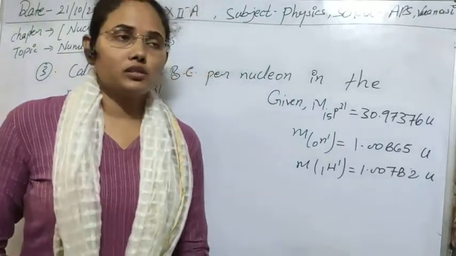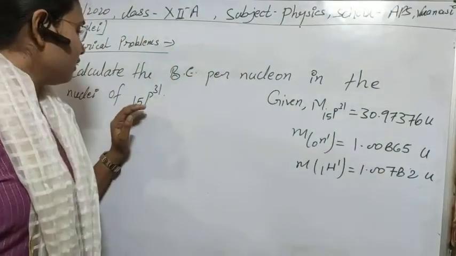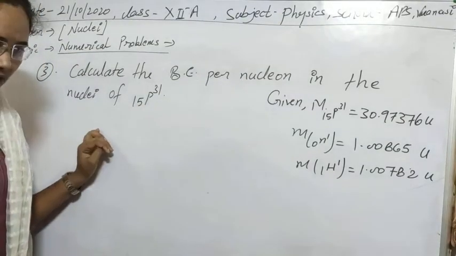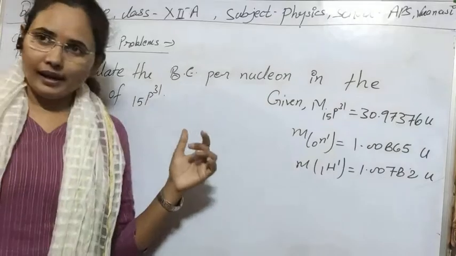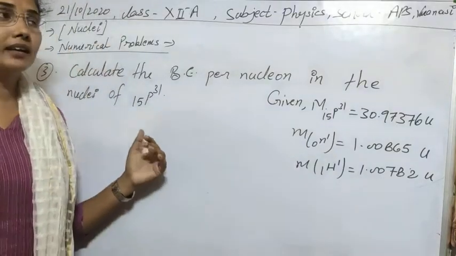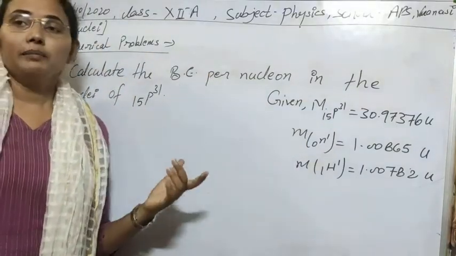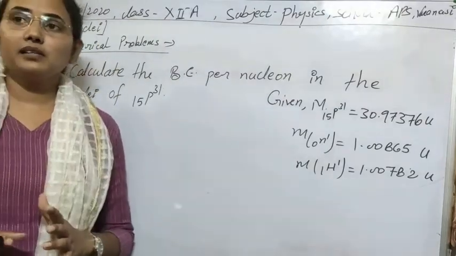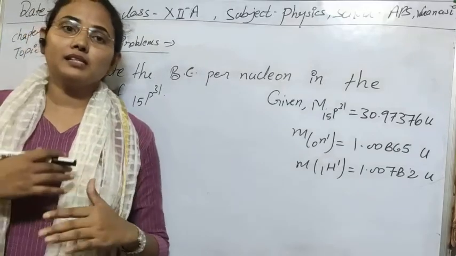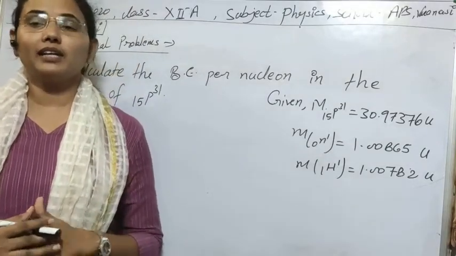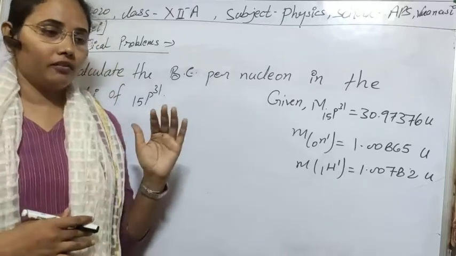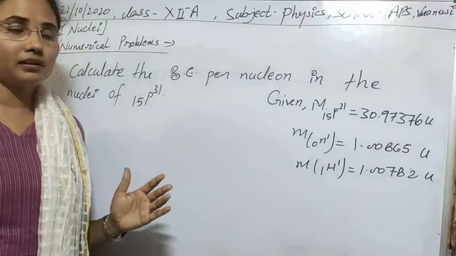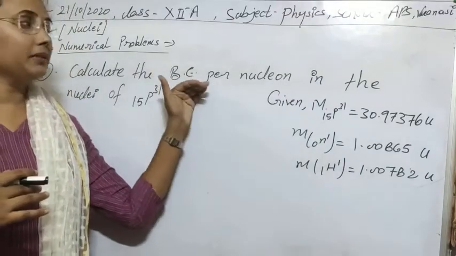So the next question is also regarding the binding energy. As we have seen the concept of binding energy per nucleon, we can draw a curve of the binding energy per nucleon versus mass number, and after that we have seen the stability of nuclei in terms of that, and how we can understand why some nuclei are more stable and other nuclei are not stable. So all these factors can be understood by this.